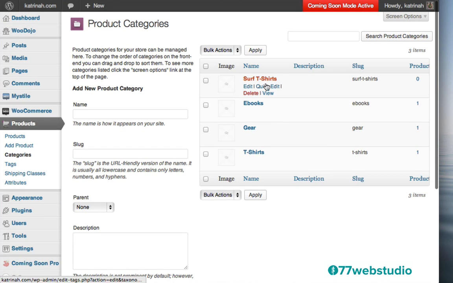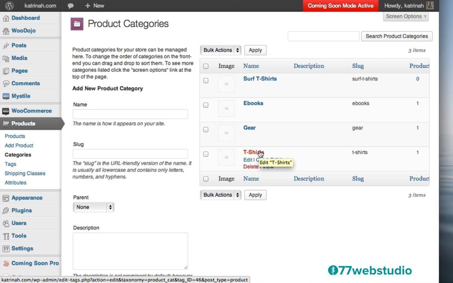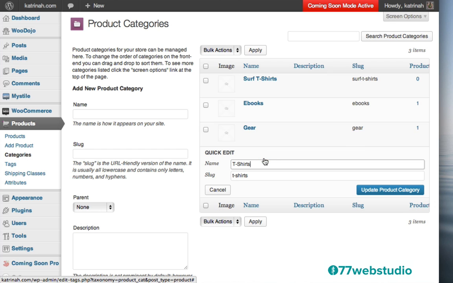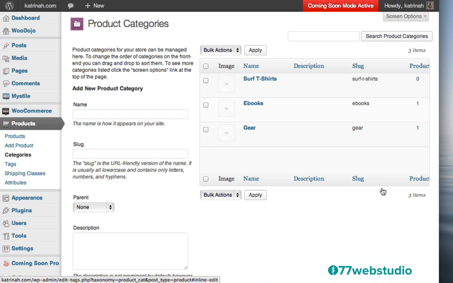And if we recall, the previous t-shirts that I had was a yoga t-shirt, so I'm going to edit this particular category so that instead of being the top level t-shirts at large, it'll be a little bit more specific. That way I'll have a category for t-shirts and a category for yoga t-shirts. So I'm going to click on Quick Edit, and here I can just change the name of the category. So I'm going to call this Yoga T-shirts, and the slug I'll also call Yoga T-shirts right here, and you have to make sure it's all one word. And then I'm going to click on Update Product Category.